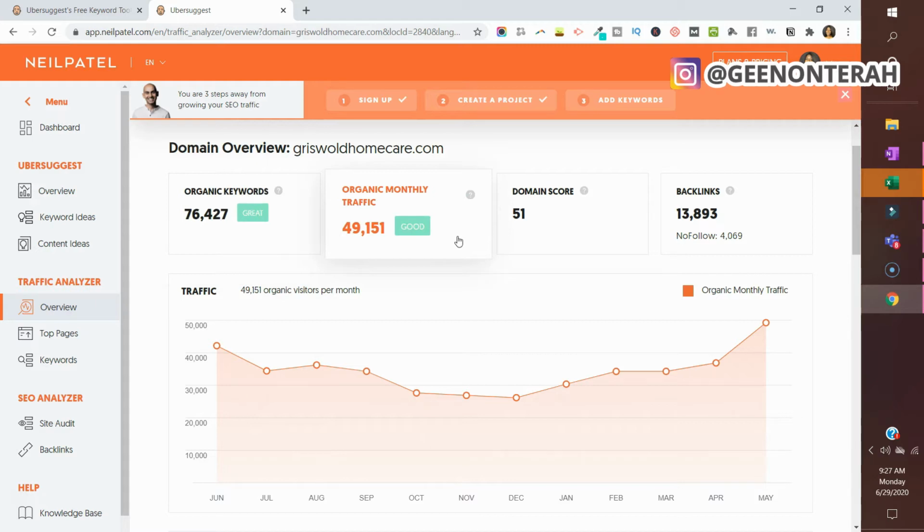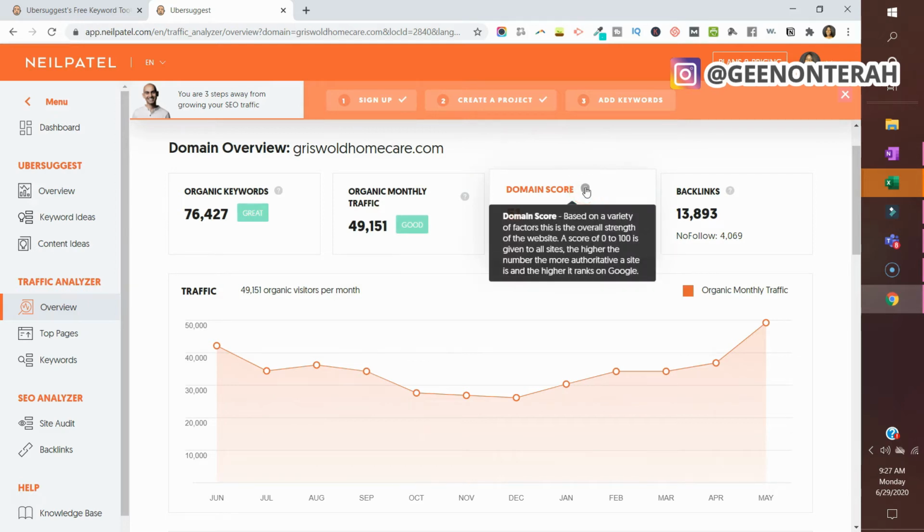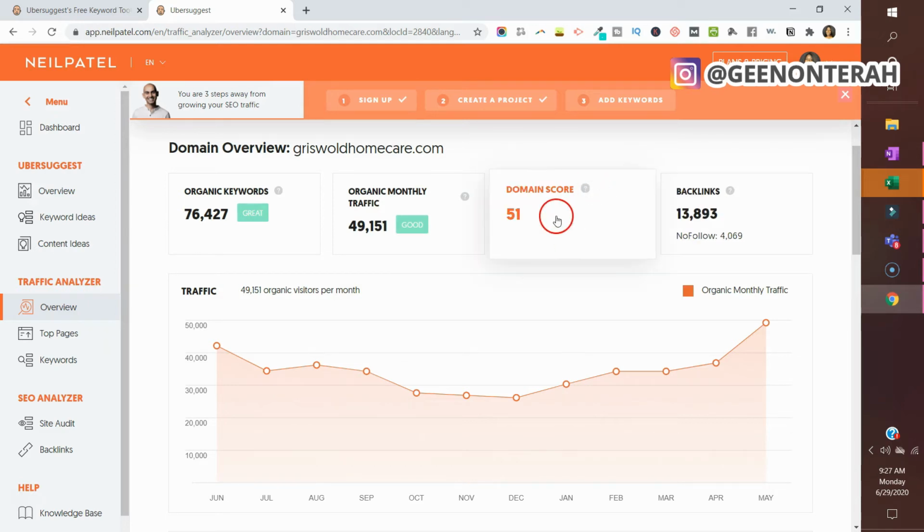That's really good. Their domain score is a measure of various factors, so I'm not going to get into that. It's a little bit more complex to explain personally, so I never really look at that. But another really good metric to look at is the backlinks. This tells you how many other websites have linked to